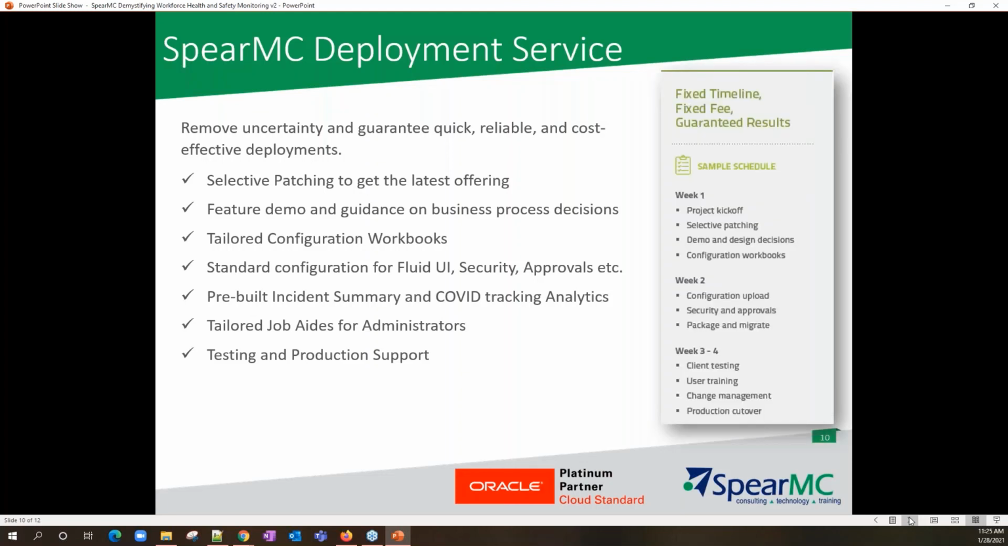Now, what our deployment process looks like, it can be as low as a 4-week process, where week 1 is essentially focused on selective patching, business process decisions, and filling up the configuration workbooks. Week 2, uploading the configurations, making sure the security and the other aspects are done right, and then weeks 3 and 4 are testing and deployment. Depending upon how much you want to use, what your current state of the application is, how large your operations are, all of that would play into the overall final schedule, but it could be as short as a 4-week